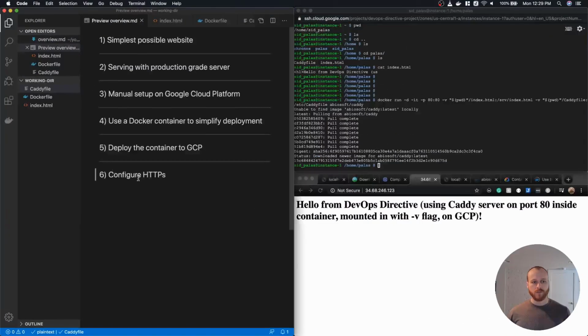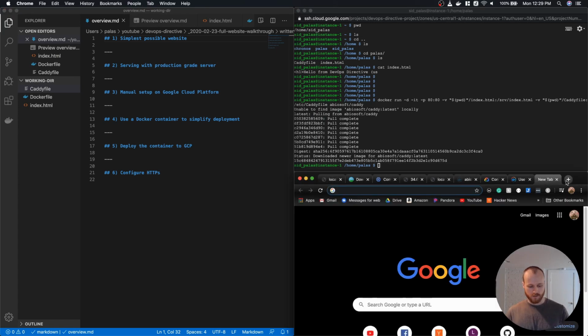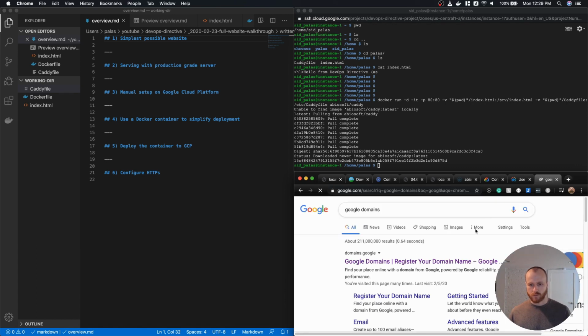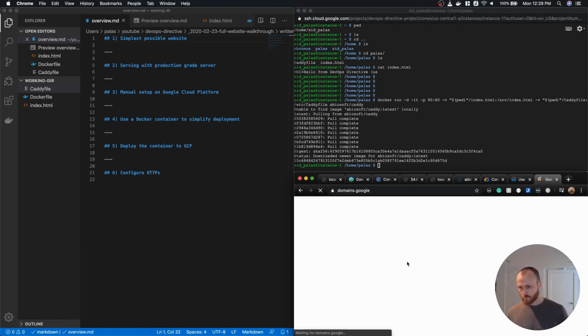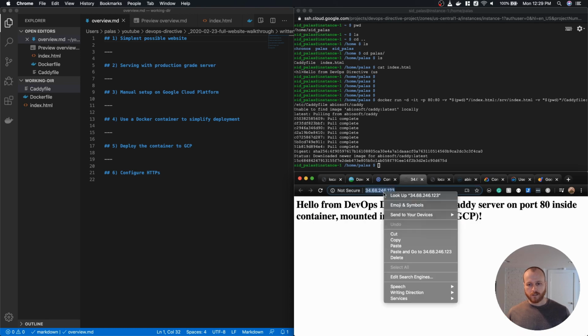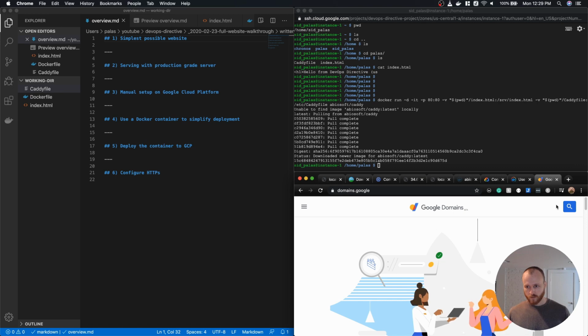In order to do that, you actually need a domain, and so I have a domain sitting around for a website that I don't really maintain anymore. And so I'm going to use that one as just the example here. So this would be where you would go in and configure your setup accordingly. So this is our external IP address. We'll copy that. We will go to